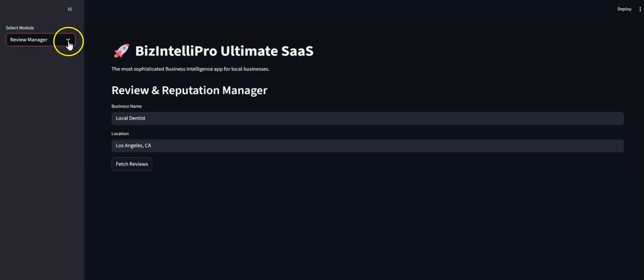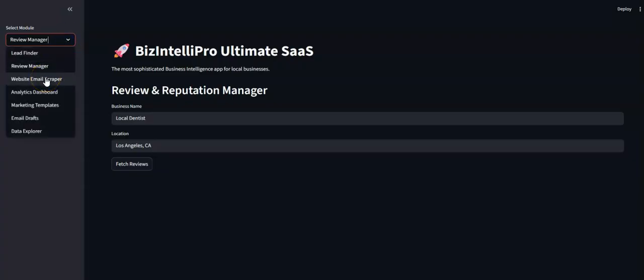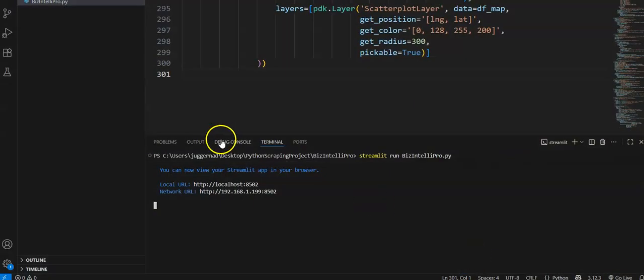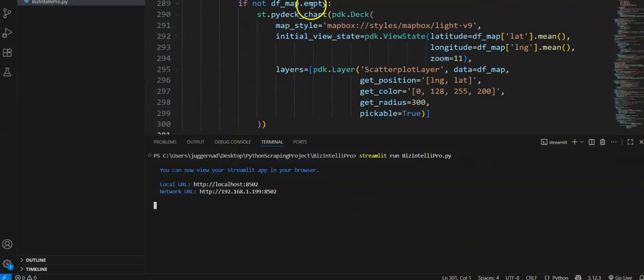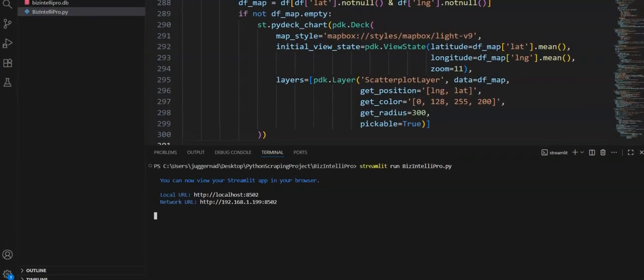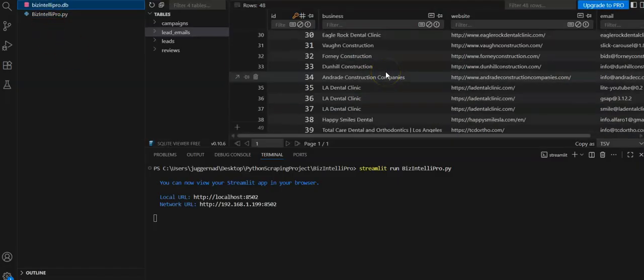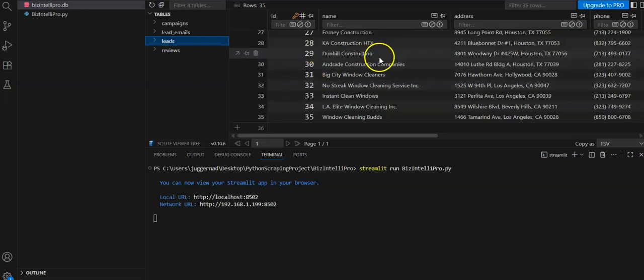Then we move on to the web email scraper. As you can see here, it's trying to scrape right now, because I already have data on the database. Let me hold on. Yep, here's the database. I already scraped some of the tables. Here are the leads that I've scraped,